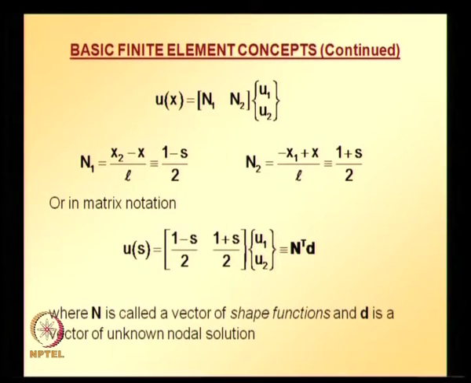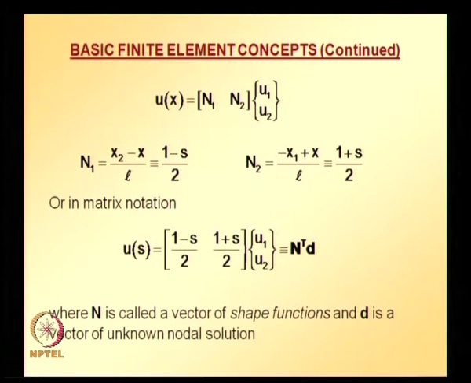N is called the vector of shape functions, d is the vector of unknown nodal solution, and this kind of notation is an individual thing. If you see different textbooks, you will have different kinds of notation. So whenever you are trying to read a particular textbook, make sure that you understand the notation being followed in the textbook clearly